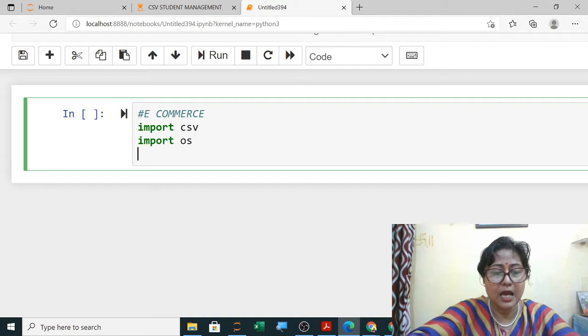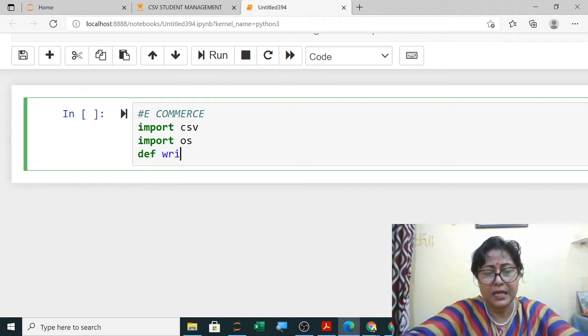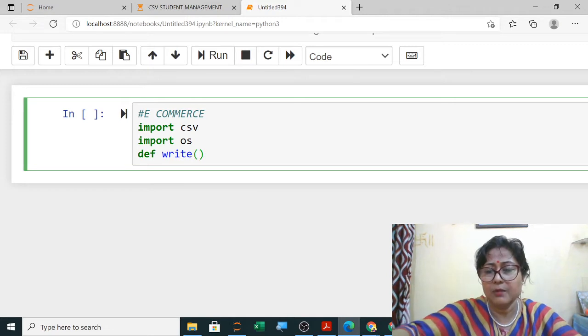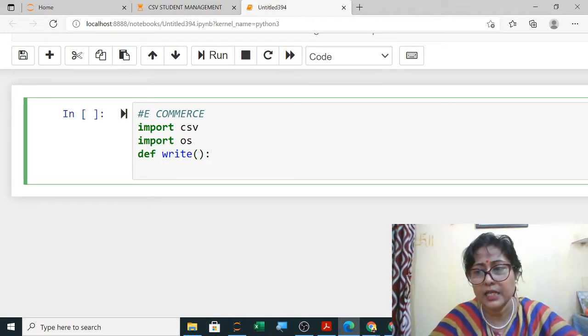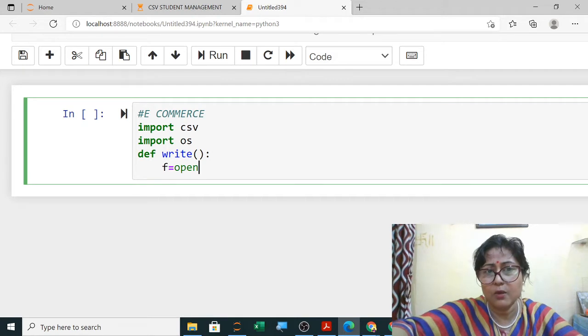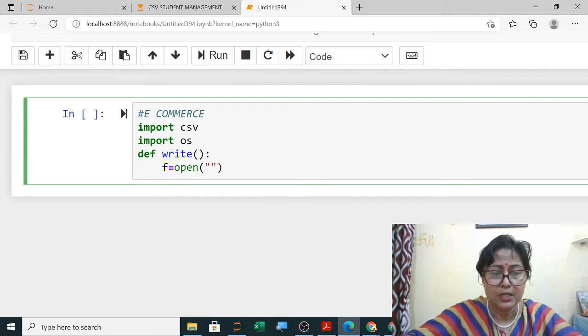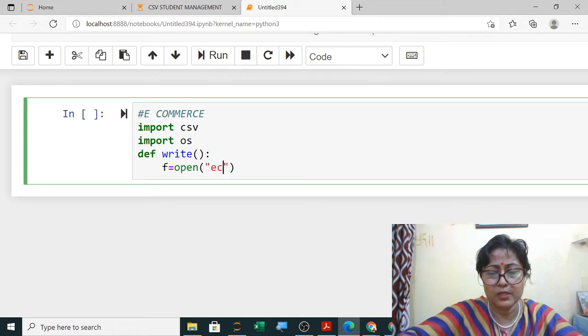Now we will start with, see, it is similar to a binary file. Whatever you have written in binary will be almost all the same, only that you have to use csv here. Now you will open the file. So which file are we opening? E-commerce we are opening here. So I am writing here online e-commerce